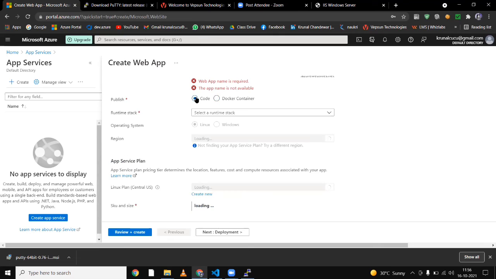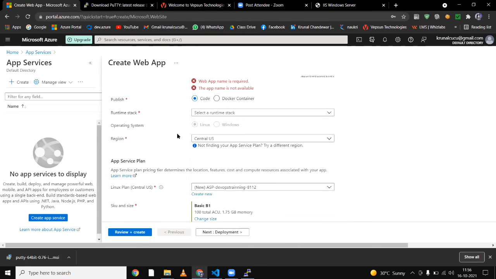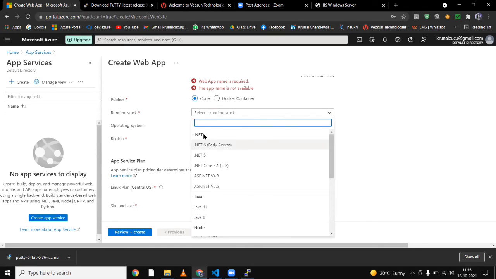If you are going with the code option, then here you get your runtime stack. Runtime stack means the language with which you are building your source code. If you come here, see how many types we have.